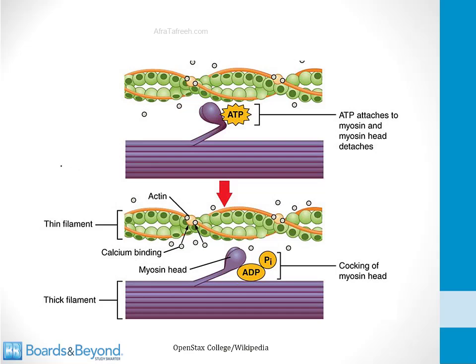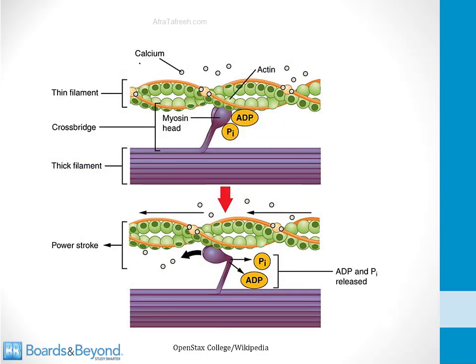Here's a picture from the web to make this very clear. This is the thick myosin filament at the bottom. This is the thin actin filament at the top. The myosin head, shown here, binds to ATP. It then hydrolyzes ATP to ADP and phosphate and assumes the cocked position shown at the bottom of the screen here. When calcium comes along and binds to troponin, it removes tropomyosin from the binding groove. The myosin head can then bind and form a cross bridge. It then goes through a maneuver called the power stroke and releases ADP and phosphate. And now what you have in the big picture is that myosin has bound to actin and contracted and moved